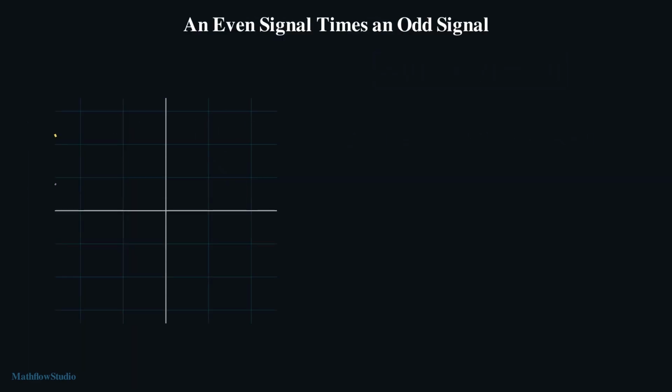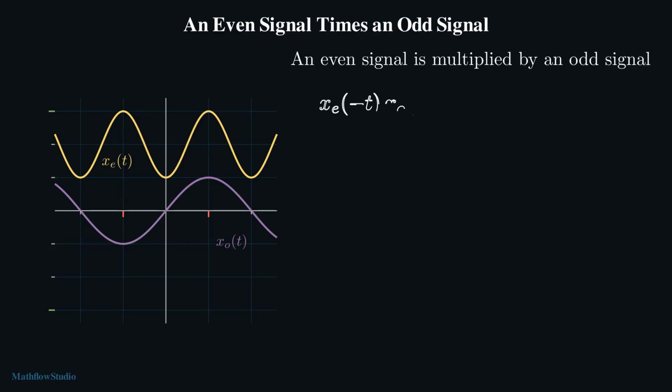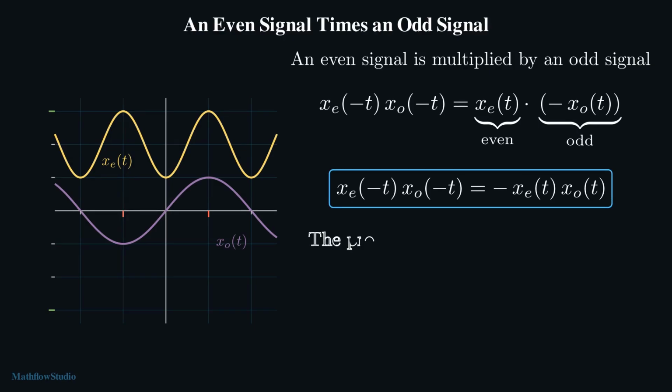Multiplying an even signal by an odd signal produces a third signal, and its symmetry follows from the two conditions alone. Reversing time leaves the first factor alone and negates the second, and each is identified under its own brace. The reversed product is therefore the negative of the product. That is exactly the odd condition, and no property of the two particular signals was used.